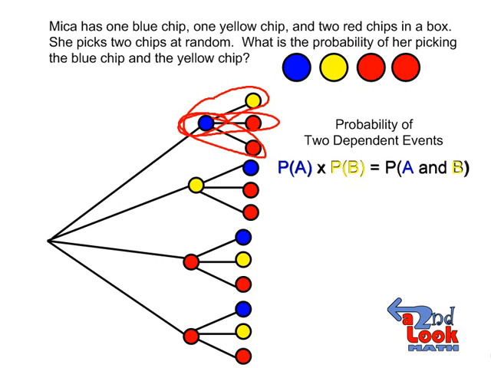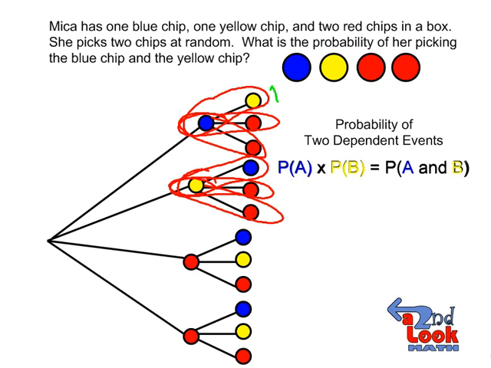And this can continue all the way down. If she drew yellow first, then she could have the blue next, yellow, then the red next, yellow, then the other red next. So she has two options where red could be second. This continues all the way down the tree, leaving her with a total of